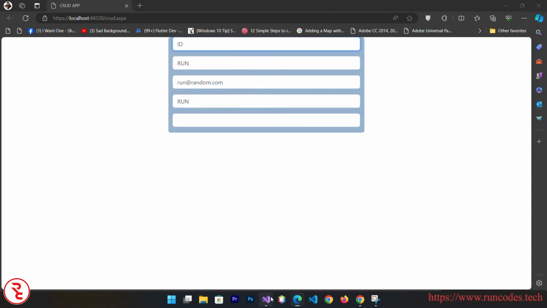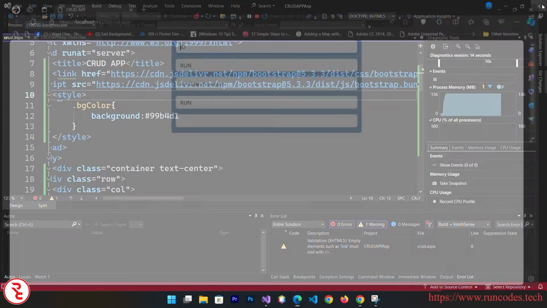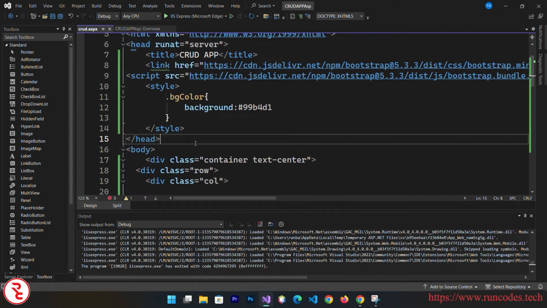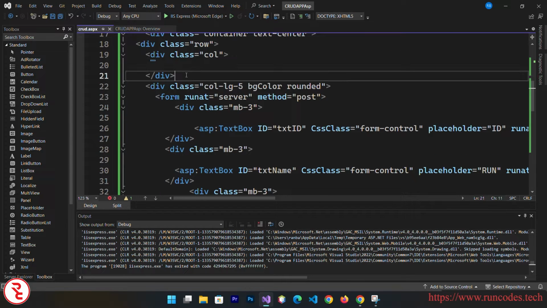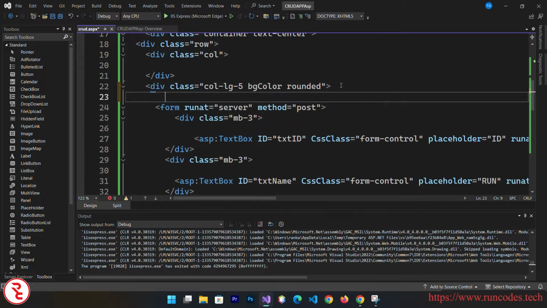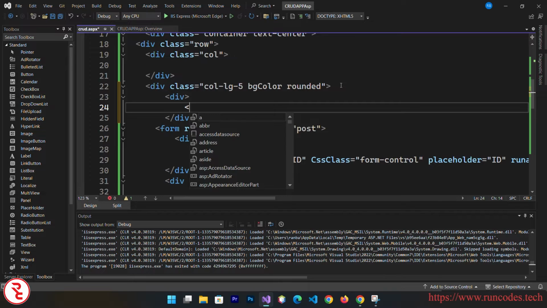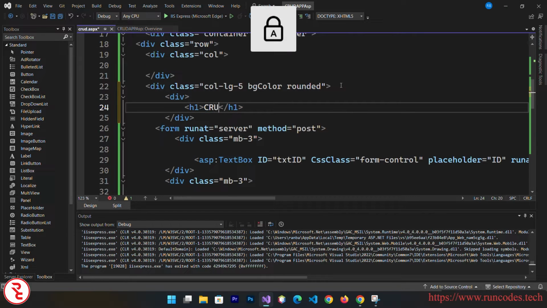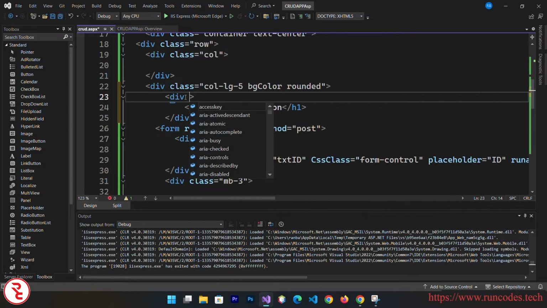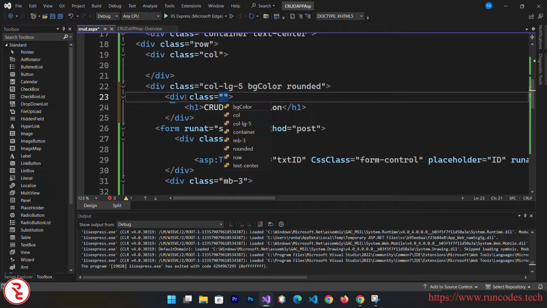Now it would be better if we can see here our text box or some text above the id. So go back, and what we can do is we can use here one div. Inside this div, I'm going to use one h1 tag, and here goes CRUD application. And here give some class to this div, class is equal to, I'm going to use bg-primary, and then p-4, and then mb-3,